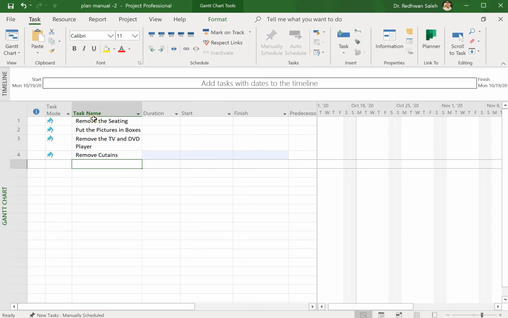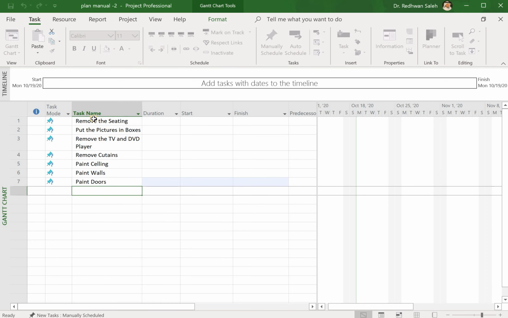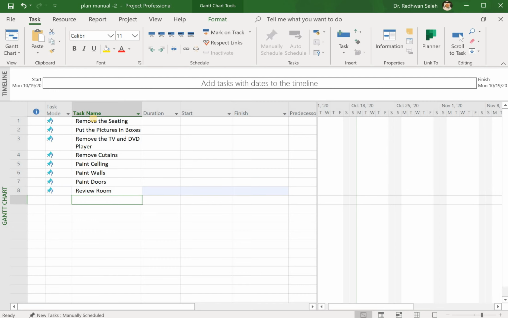Then we type paint ceiling. So we paint the ceiling, we paint walls, then we paint doors, then we review room, and we put new carpets fitted,